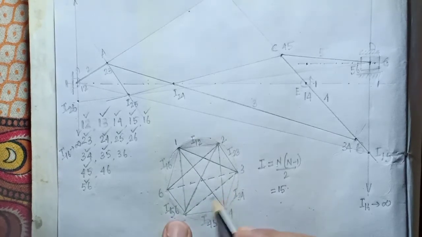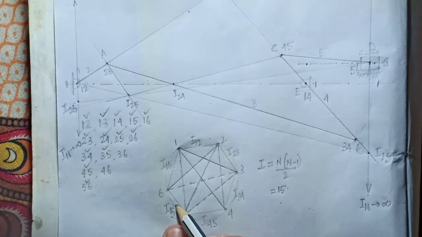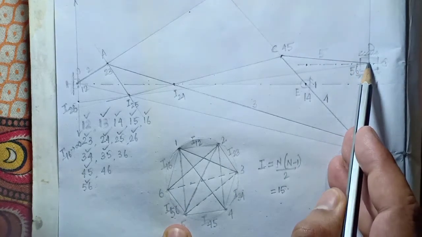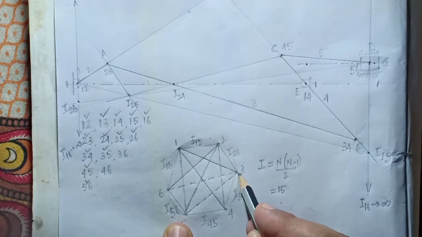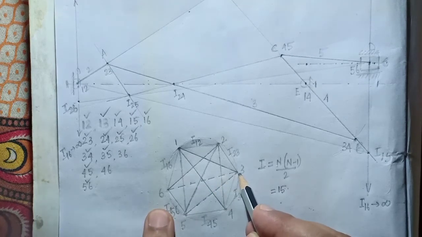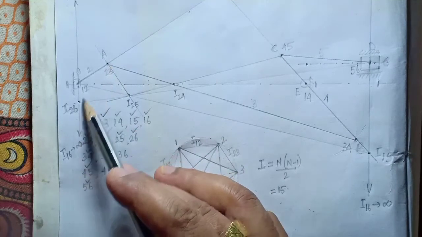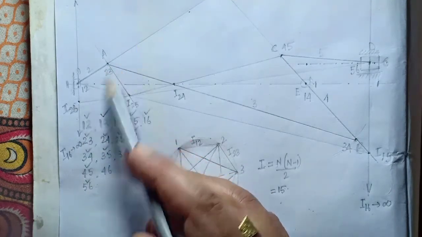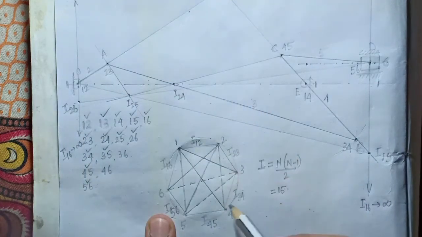So what is 3 to 5? 3 to 5 is the infinity point, that point. And 5 to 6 will be, yes, this point. And another path from 3 to 6, we can choose 2 3, 2 6. We can choose this path 2 3, 2 6, and we can choose another path.